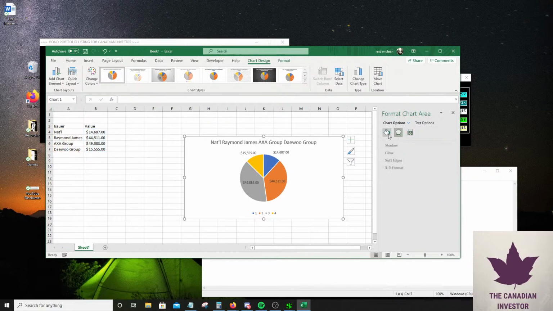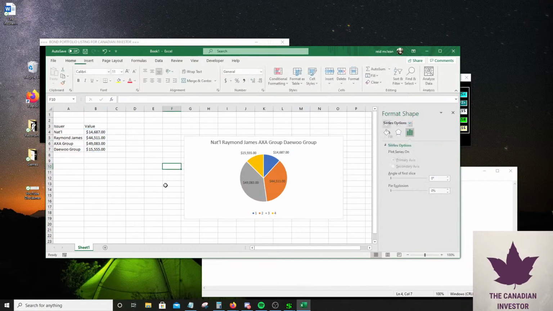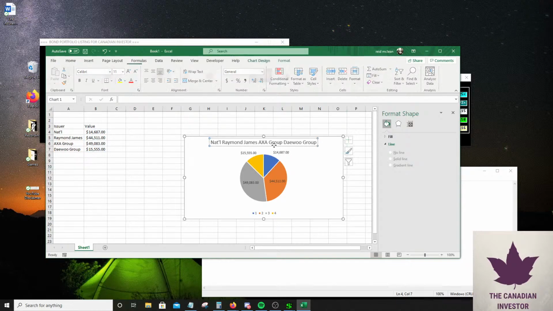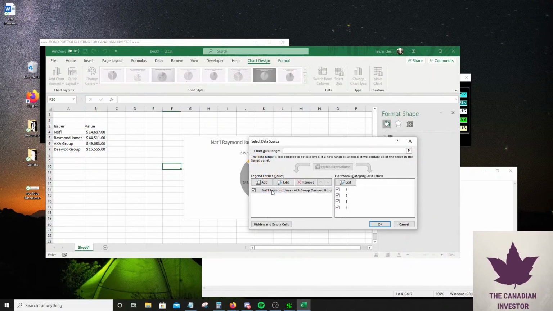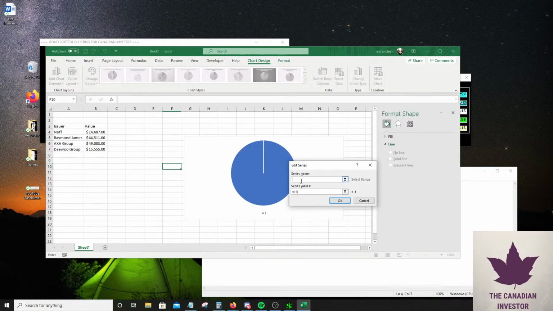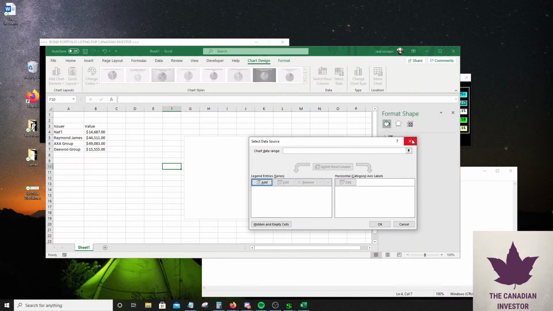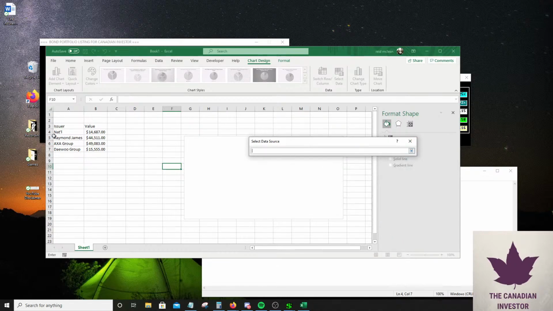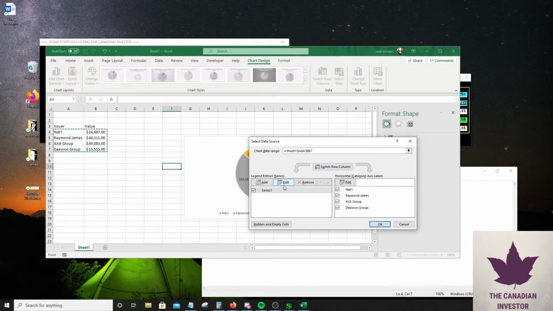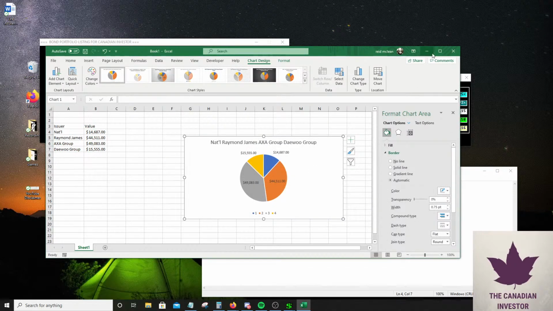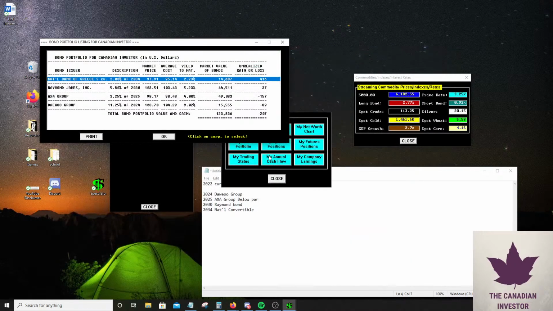I'm not super duper good at Excel, but I'm pretty good at it. But here's a bit of a visual representation of where our portfolio is. Oh, I think I might have messed up the data then. Select data, remove, add. Our series name will be known as, the data range will be here. Whatever. I'm probably not going to mess around with this Excel thing. I just wanted a bit of a visual representation, but I could always just do the math and calculate myself, like the percent of the portfolio holdings.